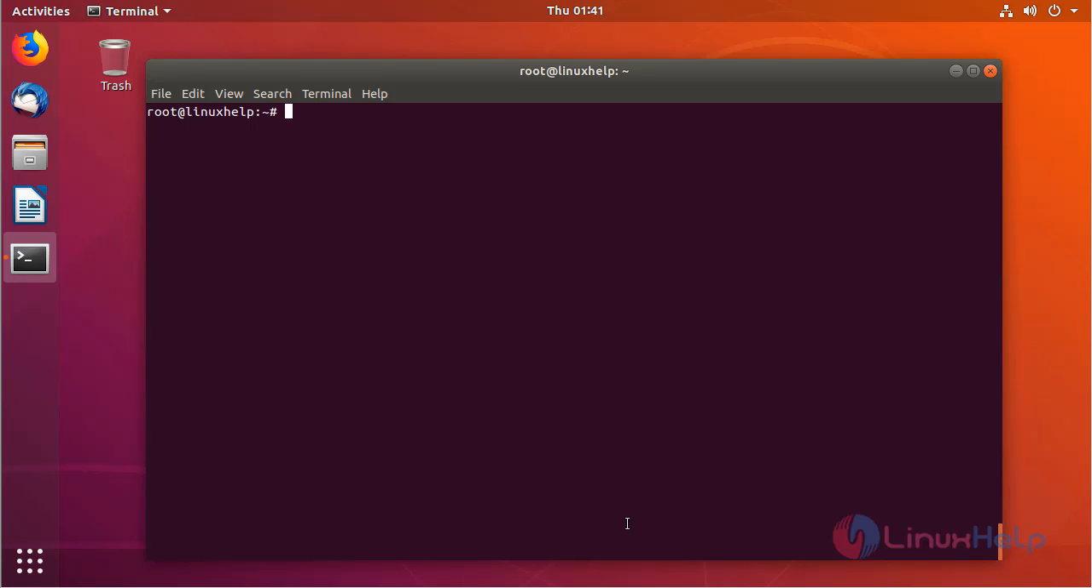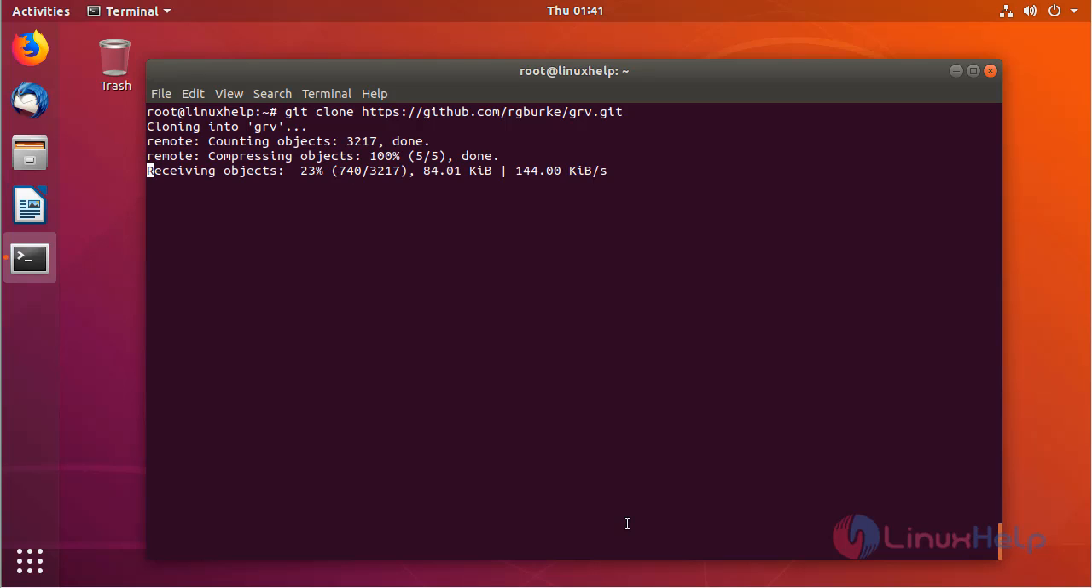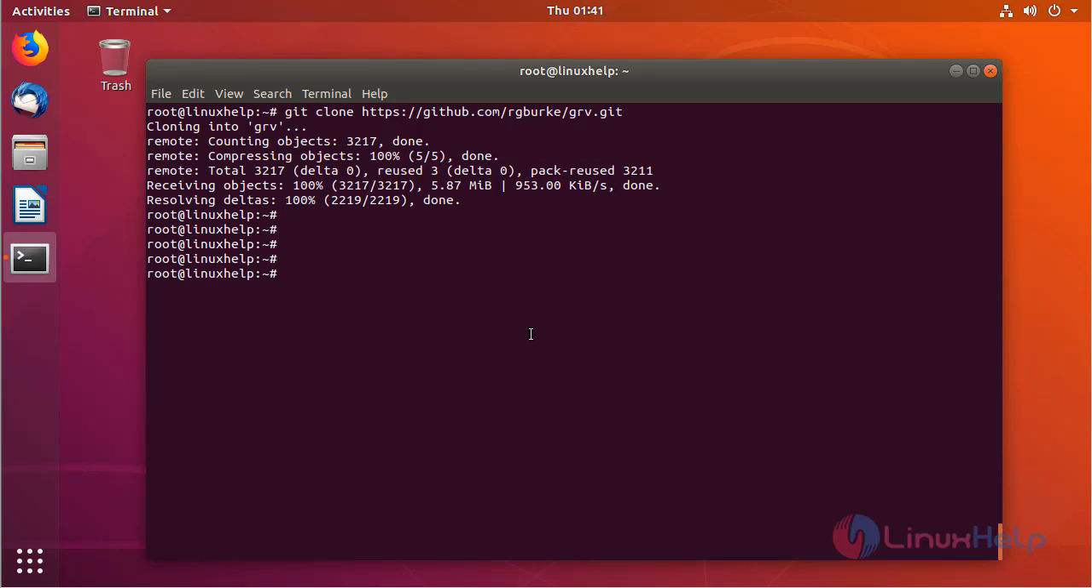Now we can clone the GRV package from the GitHub repository using the following URL. Then hit enter. The package is cloning now. The cloning is complete now. Now we can list out the files, and here we can see the GRV directory. Now we have to switch into the GRV directory,